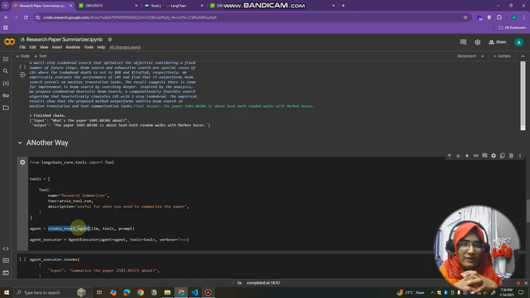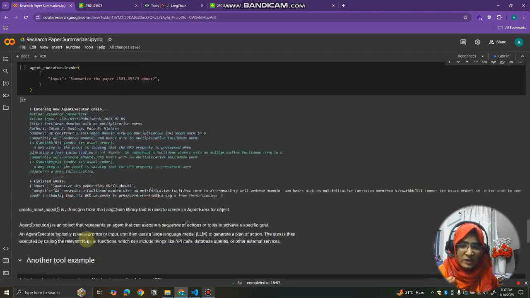When we use agent executor, then that agent will execute using the tools that we are providing, right? So now you have an idea. Okay fine, create agent is just creating, you can say, a model or a map, that first this, then this, and then this, and it is connected. Then we write agent executor and provide that agent to the agent executor, then that map or that road or path will execute when we invoke the agent executor. So now you have an idea why we are using create react agent and agent executor. So that's how we do it, right?